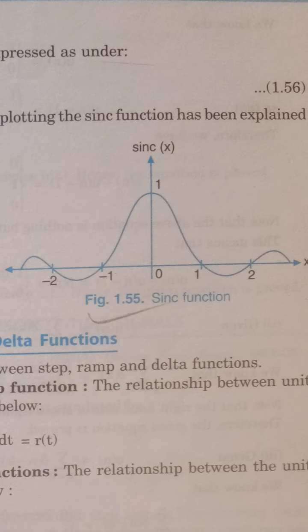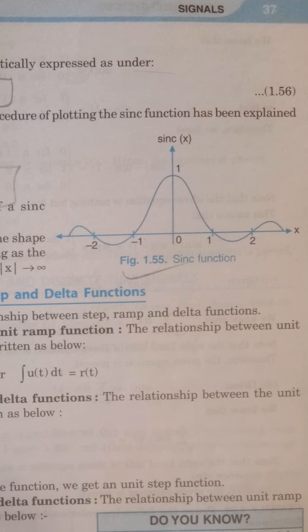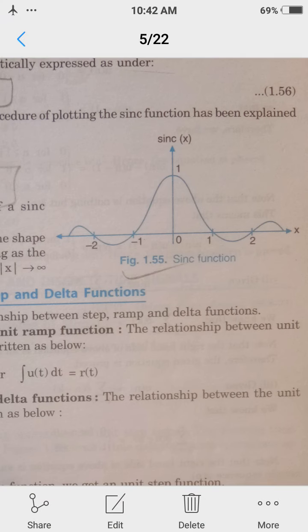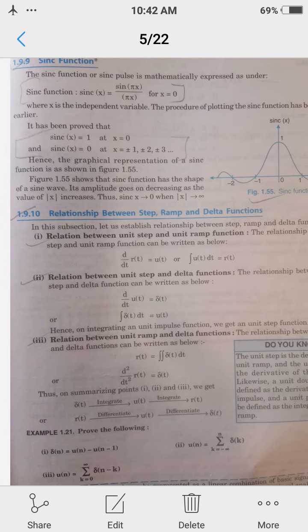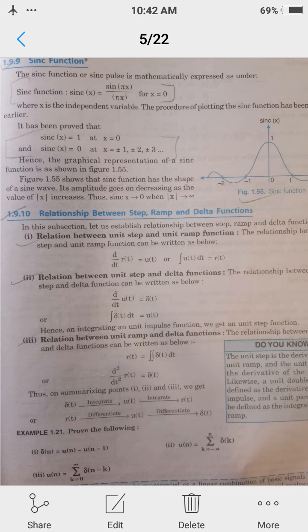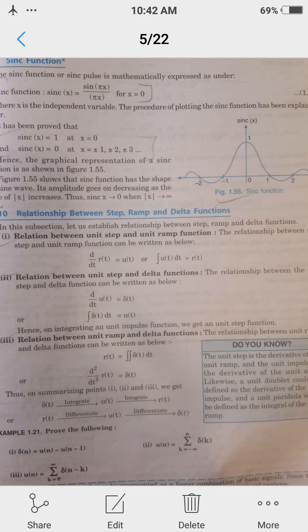So this is the function which is drawn. This is your sinc function, and you can watch here in the signal that the signal is at its peak at x equal to 0, and the signal has all its zero values at x equal to plus 1, minus 1, plus 2, minus 2, plus 3, minus 3, and so on, and gradually the amplitude decreases. So here we have completed our real and complex periodic sinusoidal signals in discrete time.